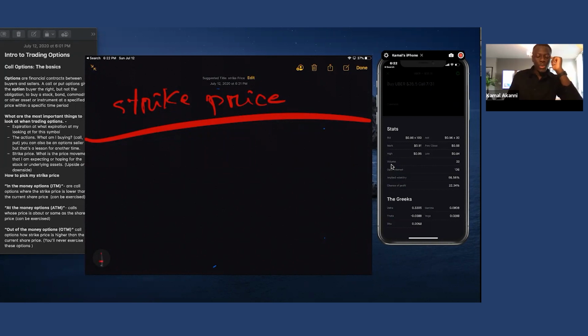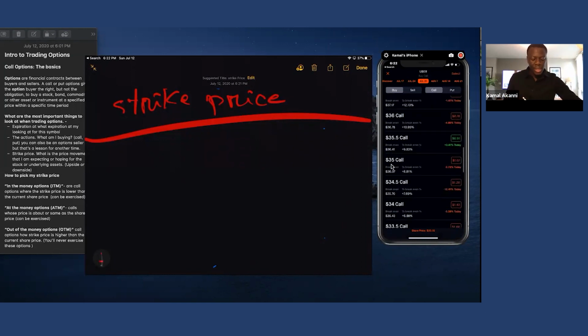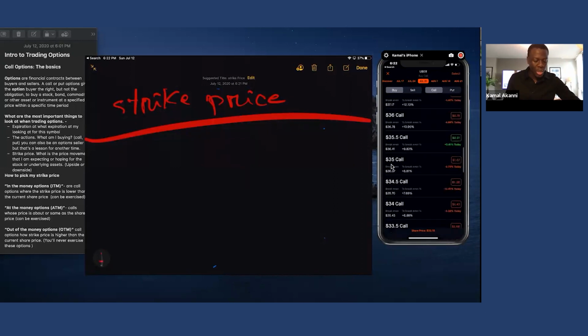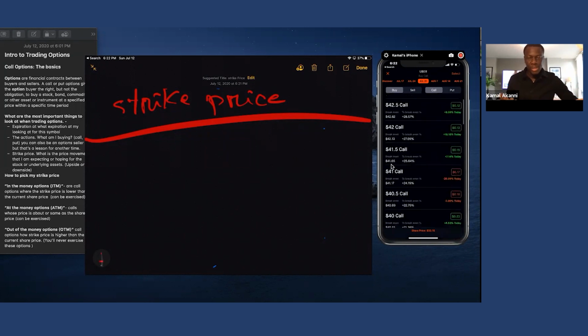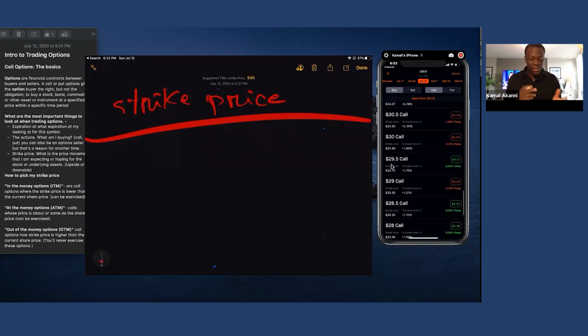Okay, so that's what we'll talk about here. Let's go back to Uber. When you're looking at options on this, like I mentioned, on the left side they're all strike prices, all these numbers, 25, 24, 30, etc. But they're all different in many ways. They're not all the same. They're different not only because of the number or the price, but also in terms of the premium. A few ways the options sellers categorize the strike price is what we call in the money